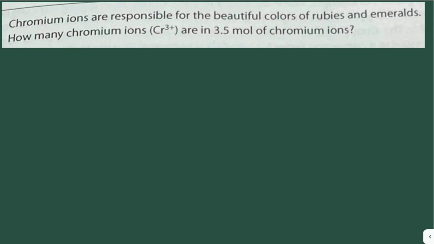So we're given here 3.5 moles of chromium ions, Cr+3. And then we need to solve for the number of ions. We convert number of moles to ions. So that would be moles Cr+3 to ions